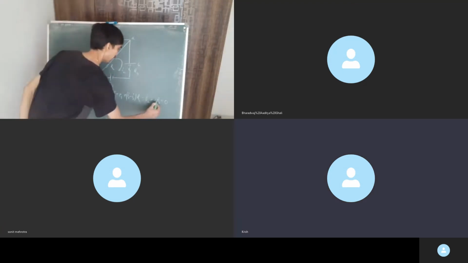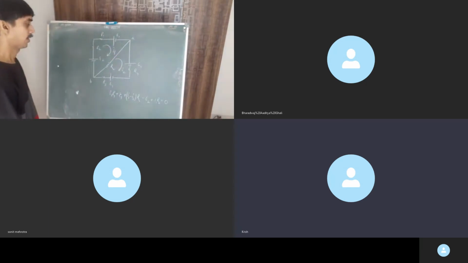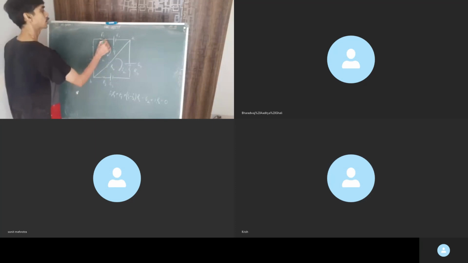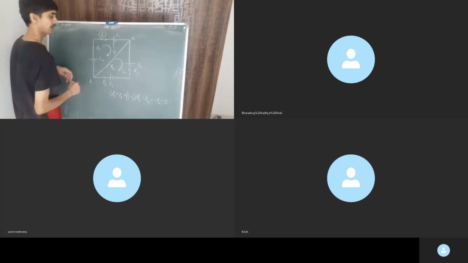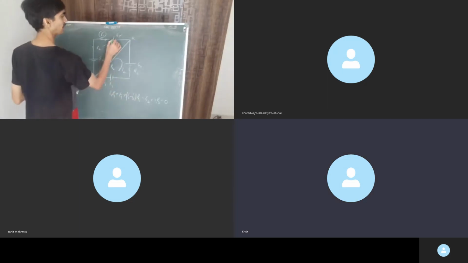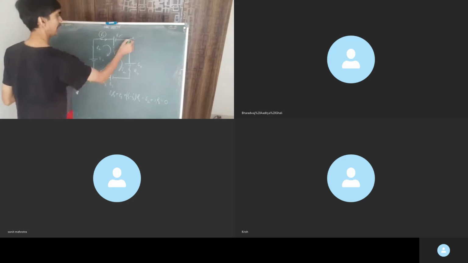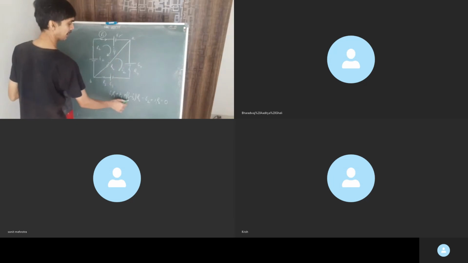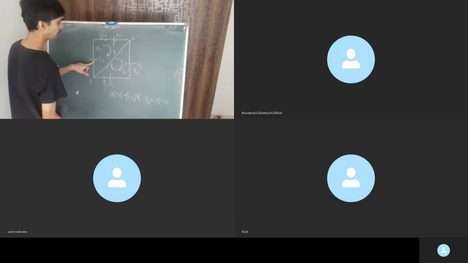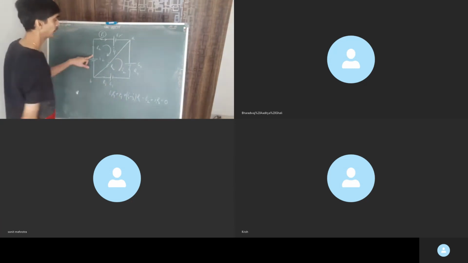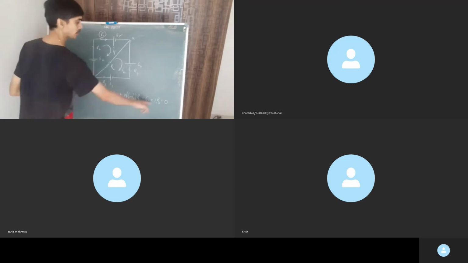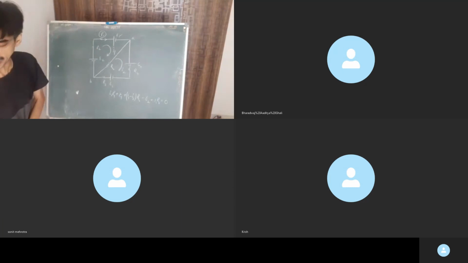Can you please explain once more the loop? I1 will flow, so I1 into R1, this part done. Put a KVL. KVL is what I'm writing, no rocket science out here. Plus of E1. Then from here to here, assuming I1 to be greater, I1 minus I2 into R. Then I go up. When I go up, I'm moving from lower potential to high potential, so minus E2. And in this, what current will flow? This is not being shared, so I1 only will flow. So plus of I1 into R2 is equal to 0, correct?